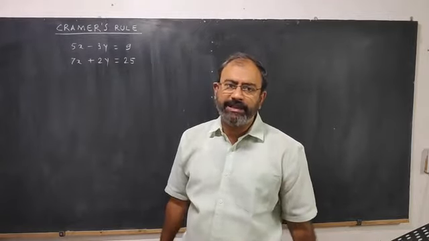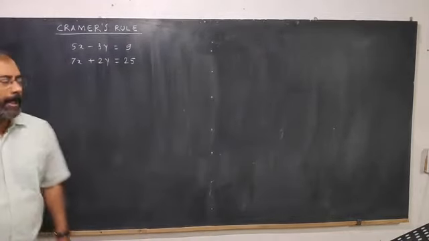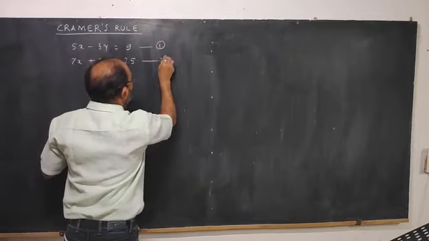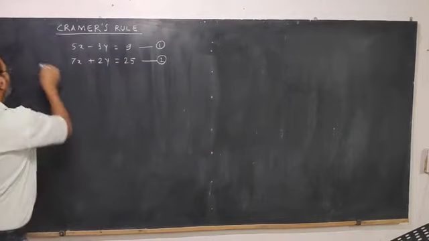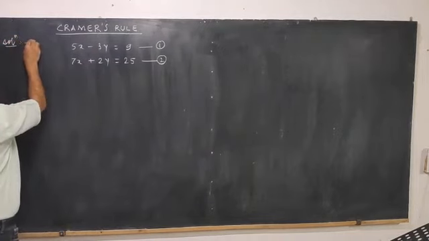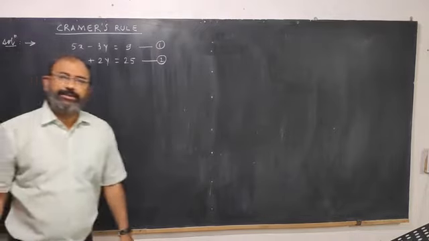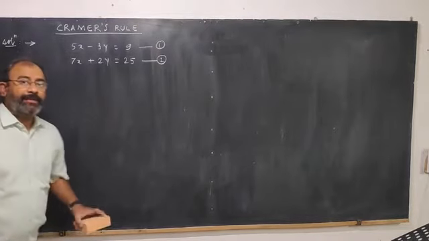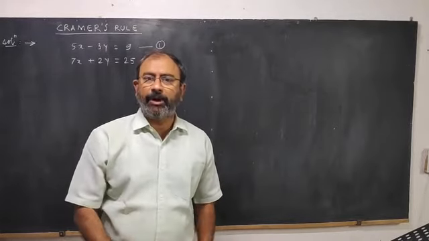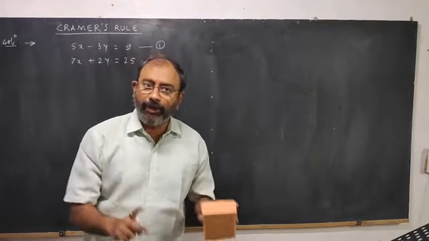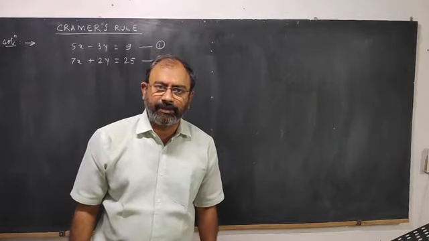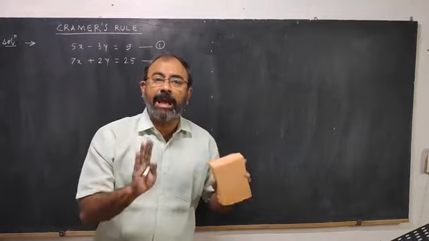It is very easy to rearrange. Then let me write a number 1 to this, number 2 to this. Okay? In the solution we write given equations are these two. Okay? Then we are going to calculate three different determinants. How many? Three determinants. So now I am going to calculate the first determinant, and the first determinant is denoted by capital D.